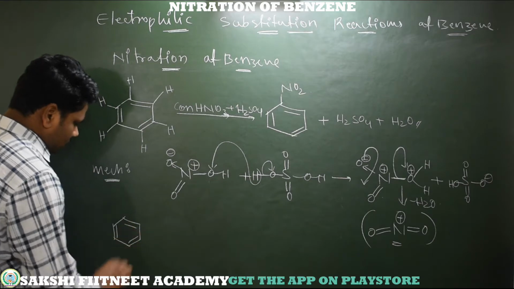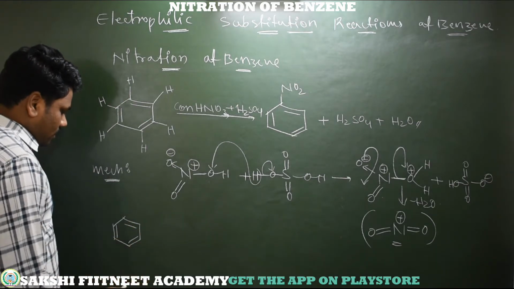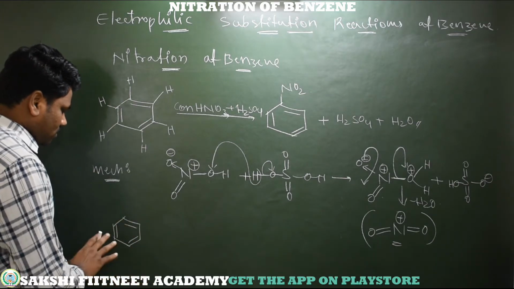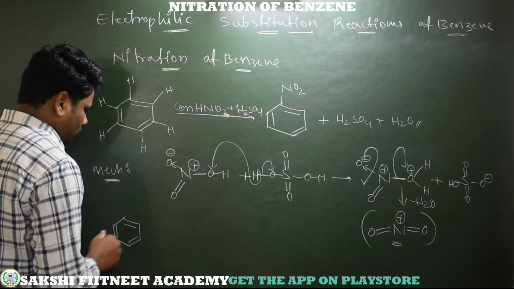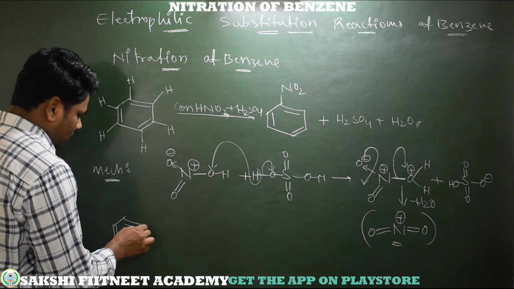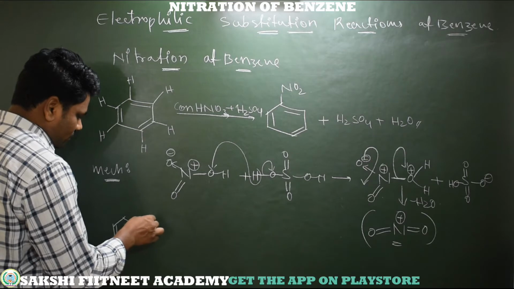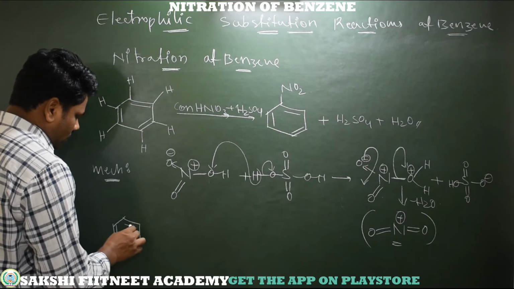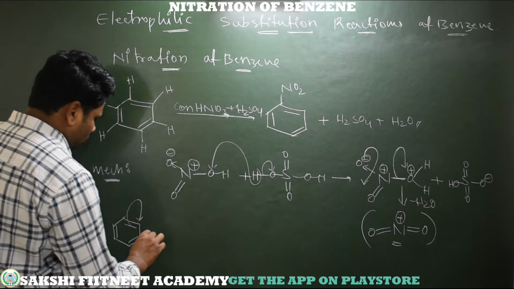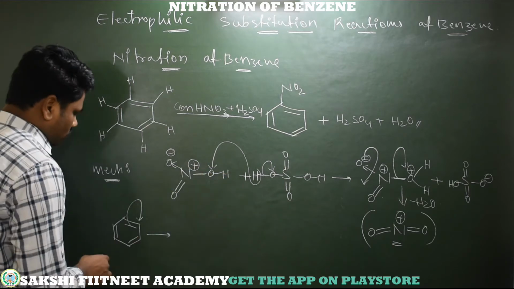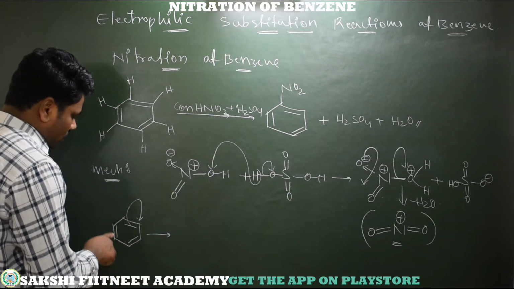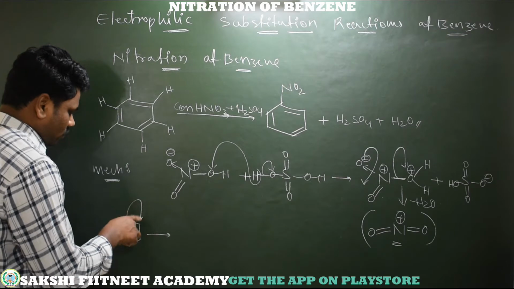See, it's not a substituted benzene, it's only benzene. All the 6 hydrogens are available to be substituted by NO2, that is the electrophile. I am selecting this carbon, meaning the hydrogen which is bonded to this carbon. So here, before substituting with NO2, see here, first any one of these pi bond electrons undergoes electromeric